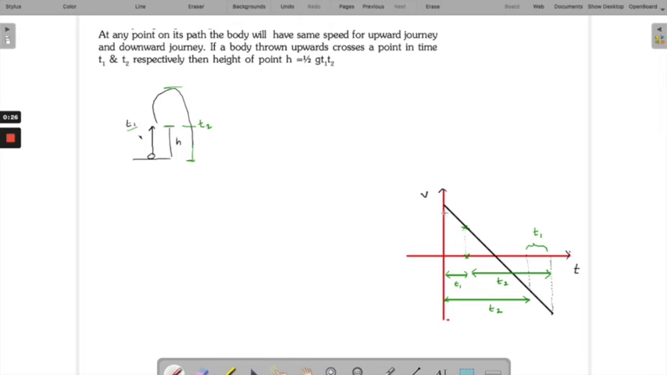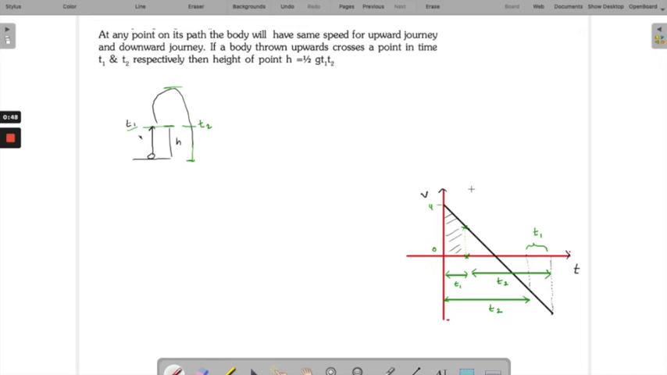See, the first part, it has started here with a speed u at t equals 0, and the object keeps moving forward. So the first time it crosses this height h, it reaches this height at time t1. So let's say this is time t1. So in time t1, now if we calculate the value of the area here,